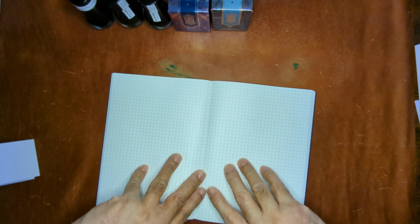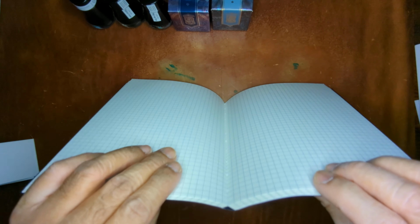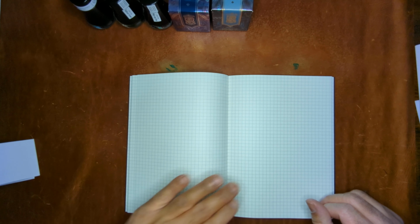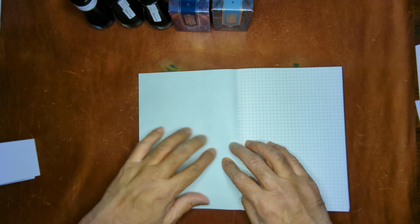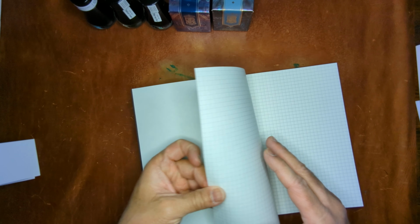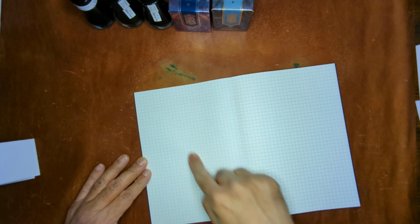You don't get the nice lay down flat break, as you can see here. It does lay flat, I'll give it that, but it's not 100% lay flat. I think you've got to give it a little bit of oomph, and normal everyday usage will probably get you there, especially when you're towards the middle. In the early ones, you're going to have to deal with the flap as you're writing, and if you're planning to use front and back, that will get a little difficult as well. So